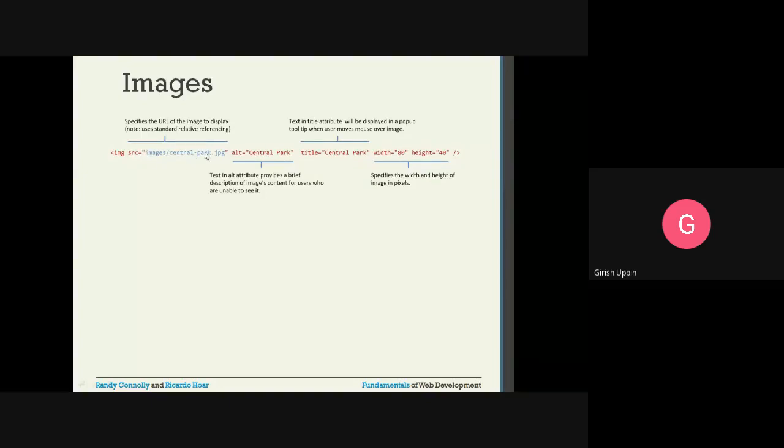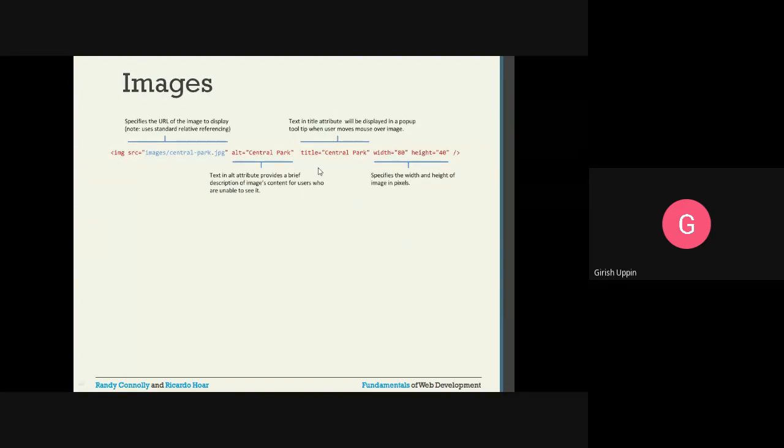It is a very good practice. When you have the attribute equals, inside the double quotes you put the value. If the image is not there, this particular text will be displayed. Text in the alt attribute provides a brief description of the image's content for users who are unable to see it.